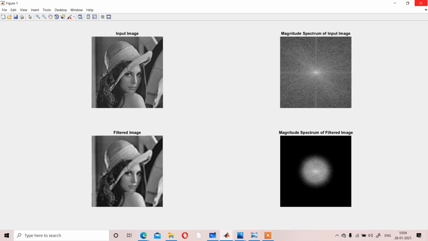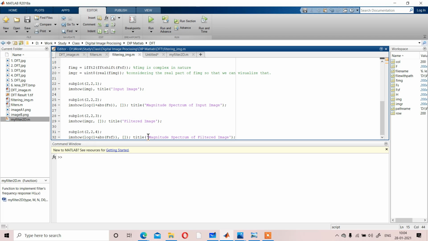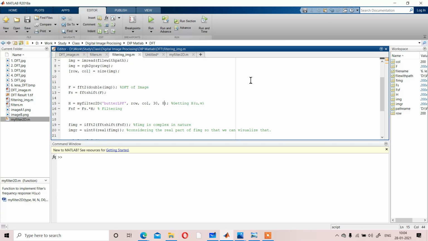That is what happens to the image with the low pass filter. So the effect of the low pass filter is clear to all of you, or I will explain again.